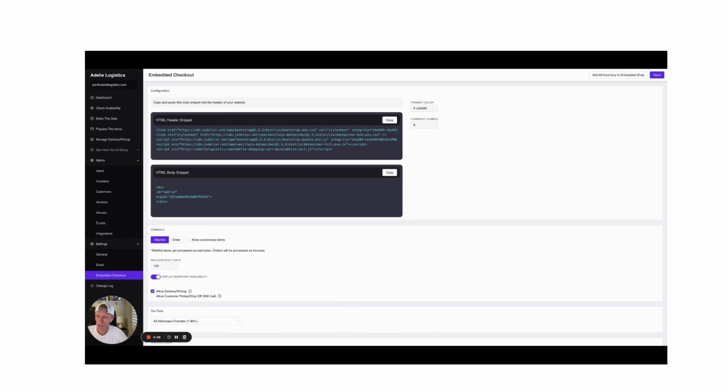Hey guys, today we're going to be talking about Adaily's embedded checkout option. This is an additional option that we released fairly recently. Basically, it enables you to take any website that you have and turn it into a rental shopping cart. It takes 5 or 10 minutes. You can install this, and now all of a sudden you have a full-blown online booking store on your website,